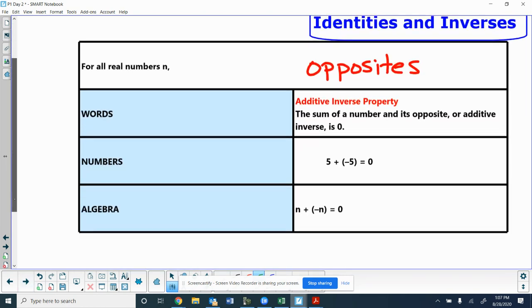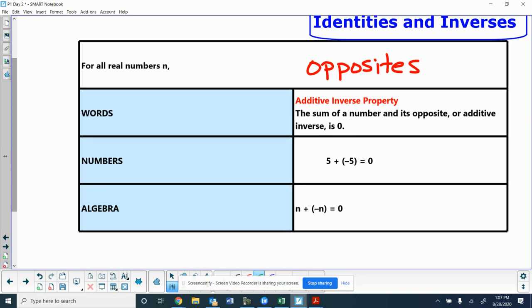Inverses. Additive inverse property: the sum of a number and its opposite, or additive inverse, is 0. So if you're thinking of additive inverses, think of opposites. So any number plus its opposite will be 0, which is called the additive identity. All right? When we think of multiplicative